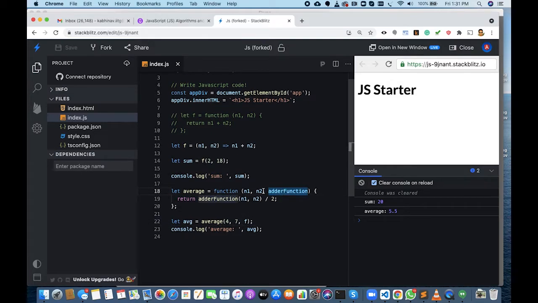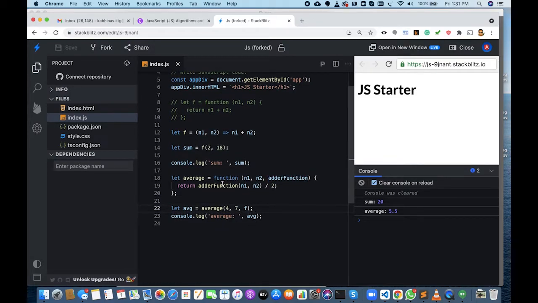So you can see since functions in JavaScript are no different than other values like integers or strings, they can be stored in a variable, and they can be passed into a function, right? Like this. Not even this, we can also pass this directly. I'll comment this sum part.